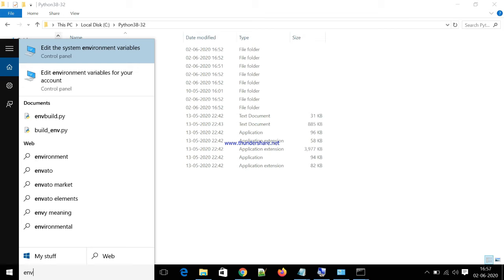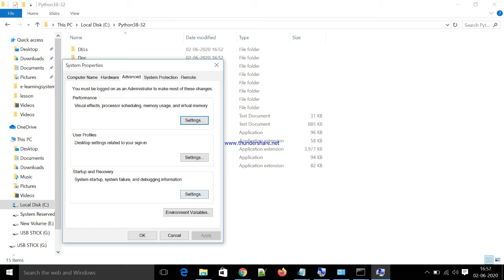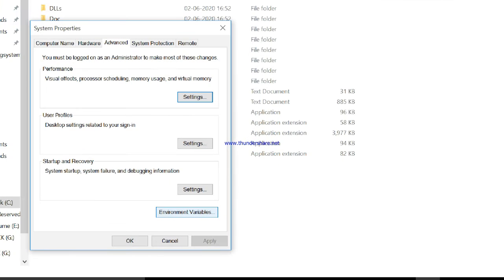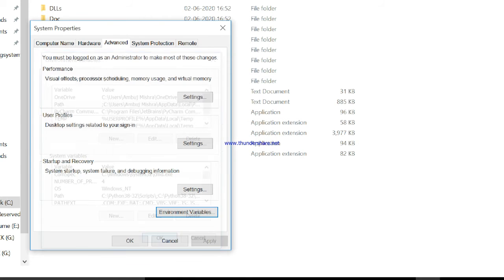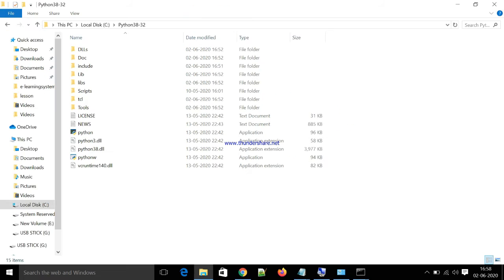But from here you can directly go to the environment variables prompt. Now click on environment variables, then path. Here you can put a semicolon and paste the path like this. But if you remember, during installation we have already done it, so there is no need to do this right now. This is just to make sure you know how to manually add the path to the variable value. By this way you can set the environment variable value.